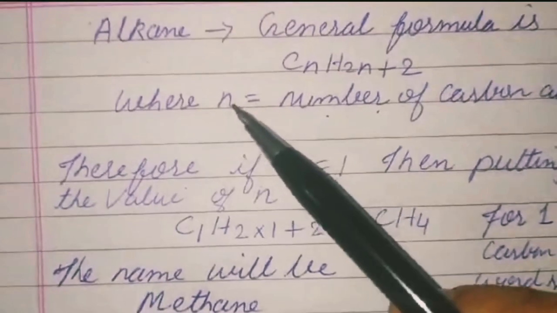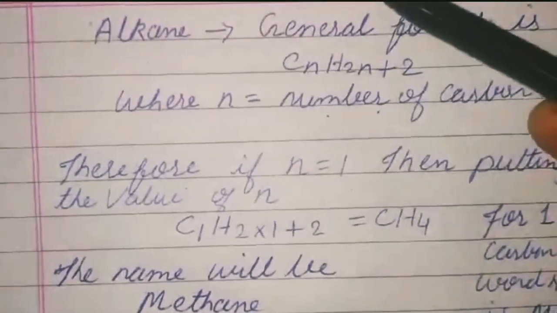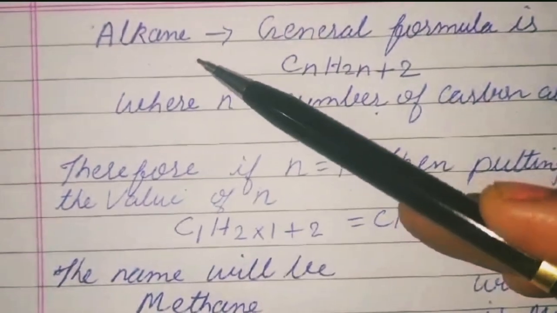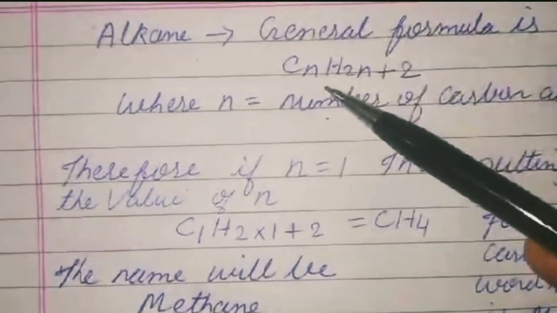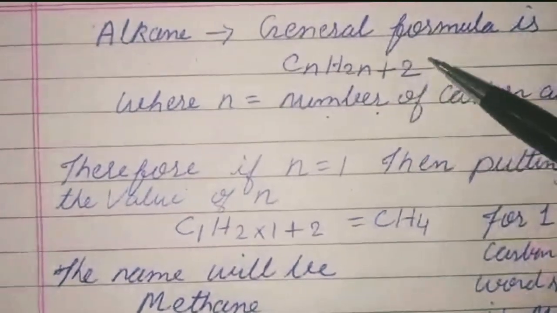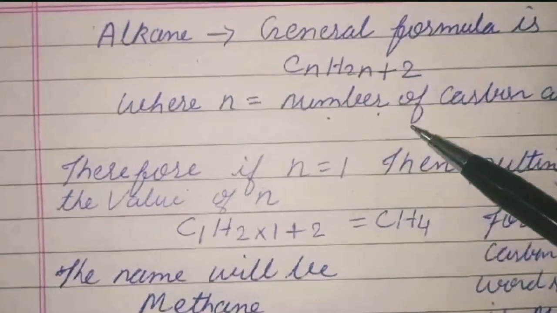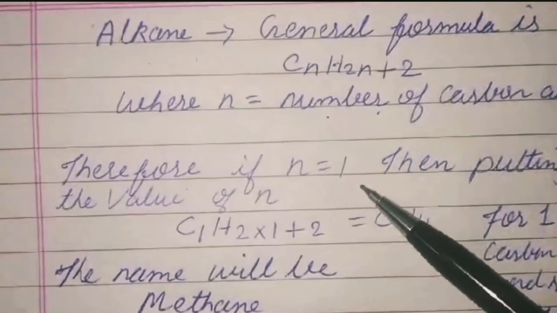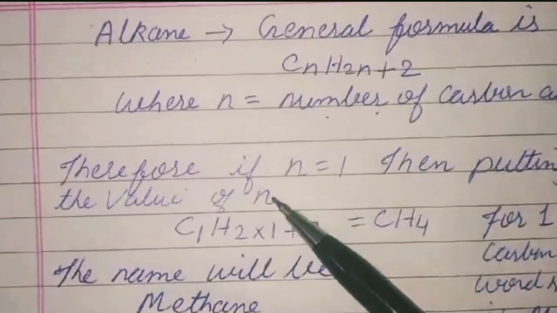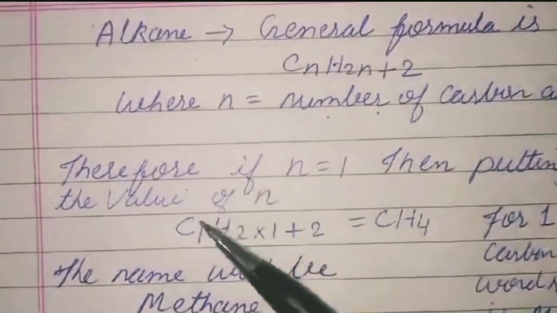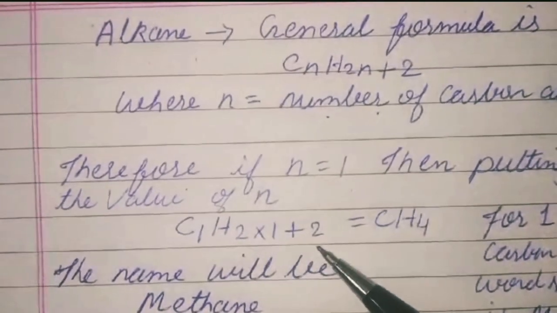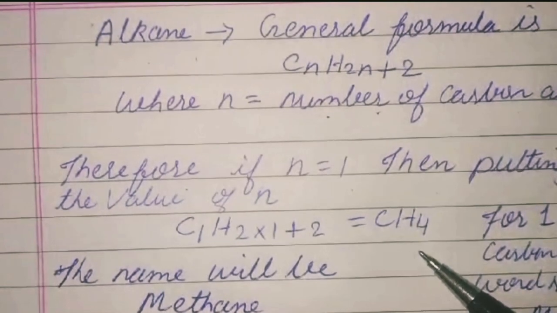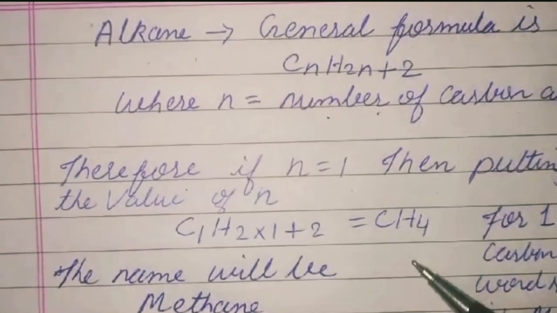In last video I discussed hydrocarbons. So here I am going to discuss alkane in detail. The alkane general formula is CnH2n+2, where n is equal to the number of carbon atoms. Therefore, if n is equal to 1, putting the value of n, when we calculate, it will become CH4, and CH4 indicates the first carbon atom, that is